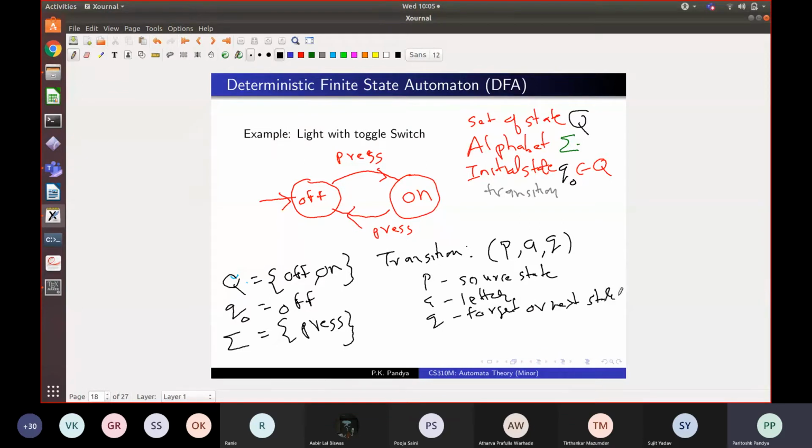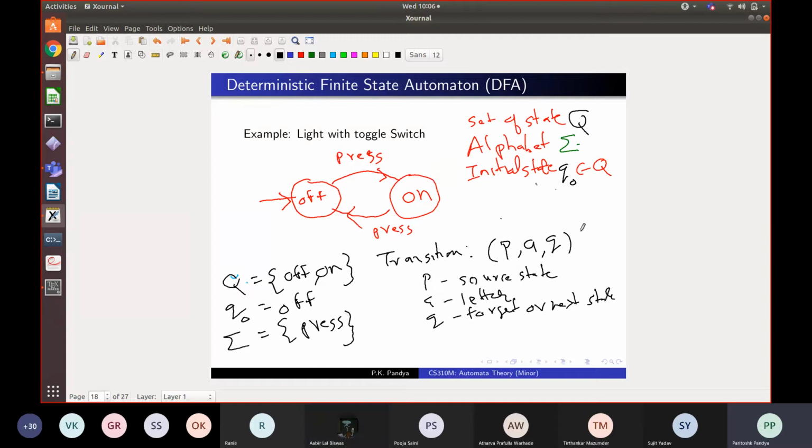Right? And basically for every source state and for every letter, we must tell what happens on pressing the event. So actually this set of transitions of your automaton is given by a transition function. One doubt. In PAQ, P is either off or on, like in which initial state it is. Yes. A is where it is going to, the other option. Right. And Q? Q is also a member of Q.